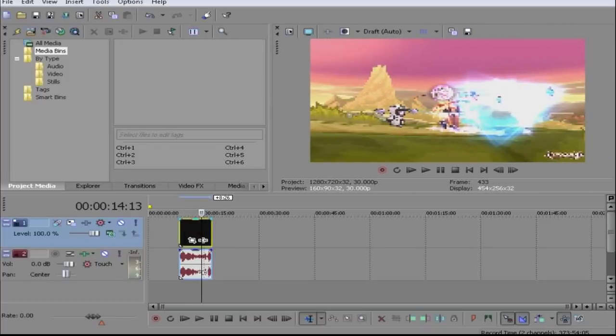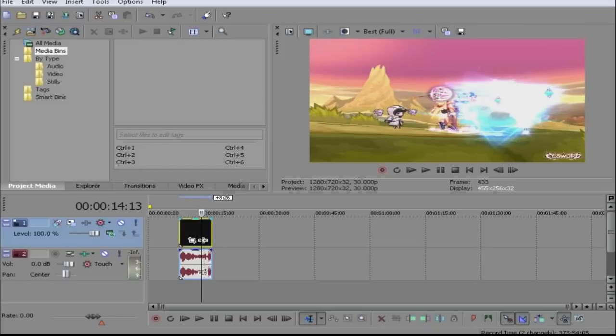As you can see, you can change the preview quality. The higher this is, the slower